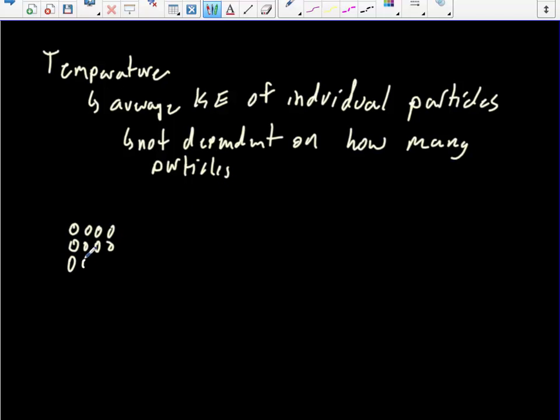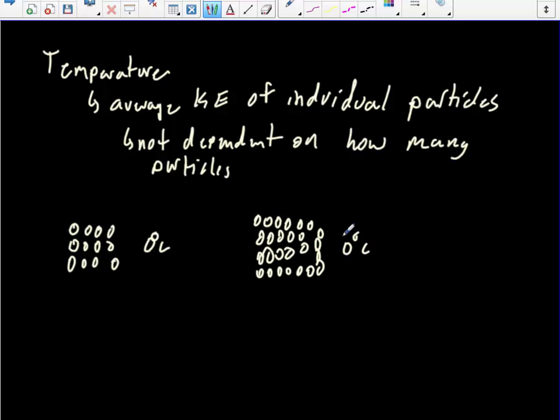So if we consider a couple different scenarios, say we have a block over here that has been frozen and it's just cold. So this is like 0 degrees Celsius or a little bit colder. All these particles are locked in position. If we have a bigger block over here with the same temperature, it has more thermal energy. And the reason it has more thermal energy is because there's more of it. Okay, so even though this one's 0 degrees Celsius and this one's 0 degrees Celsius, this one has more energy, more thermal energy, because there's more particles here.